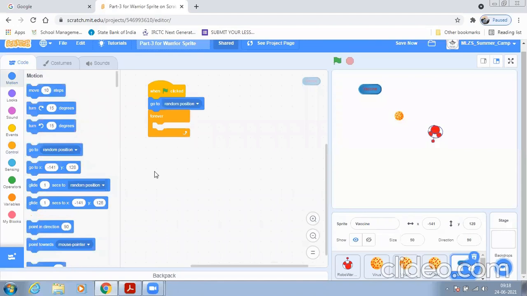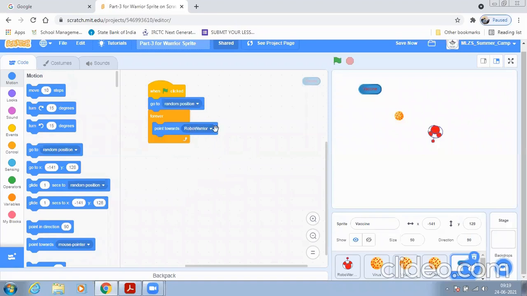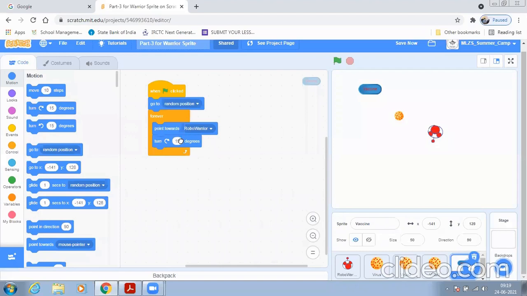Here point towards will be added, and here I will just select it by clicking on this robo barrier. So the vaccine will point towards the robo barrier, then turn it. You can turn it for 180 degrees. Now you should click on this circle, and you can change this 180.